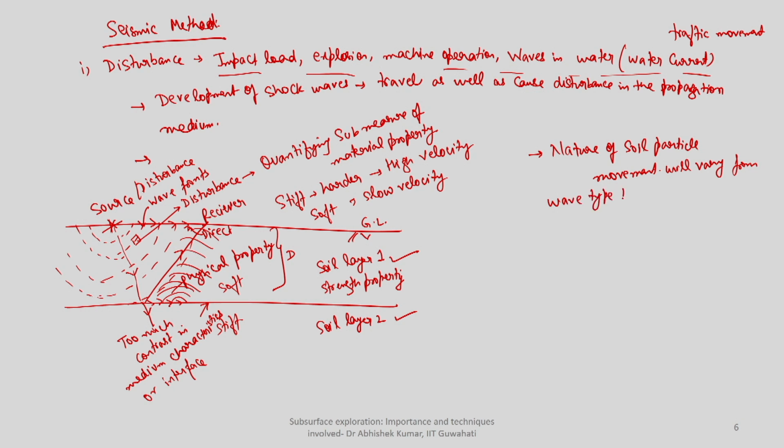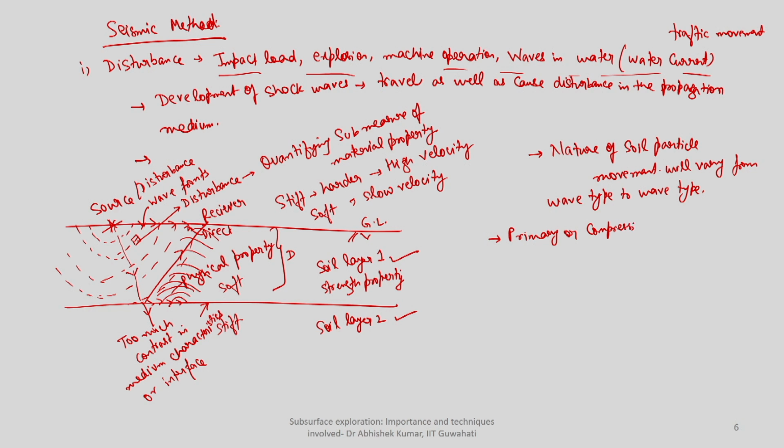Wave type to wave type. So when we discuss seismology, when people started interpreting the different layers of the earth, it is understood that precisely the kinds of waves generated because of any kind of shock can be classified. I am calling it a shock, like something which can cause some kind of disturbance to the material. So we can precisely classify it as P wave or primary wave or compressional wave,